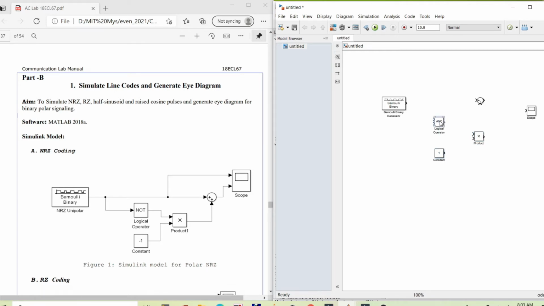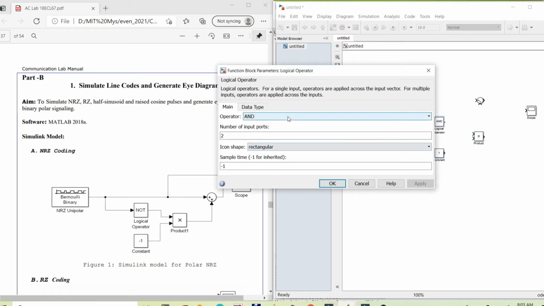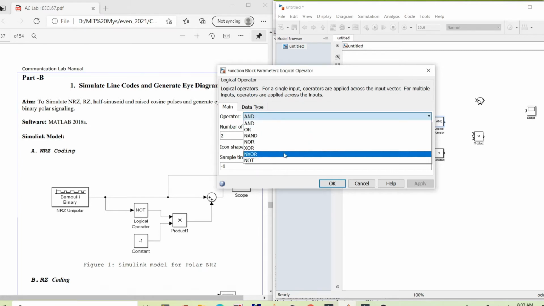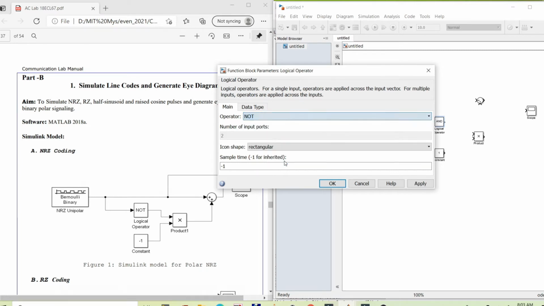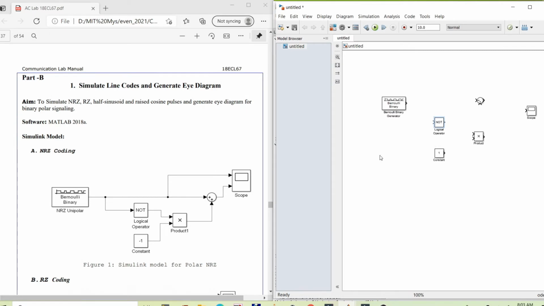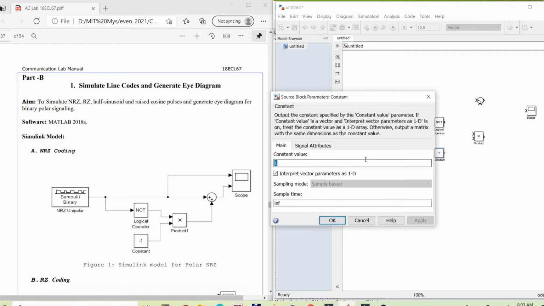Now let me first change this AND gate to NOT. You can see that when it is changed to NOT, automatically the input is only 1 instead of 2 inputs. The constant value I will change to -1.